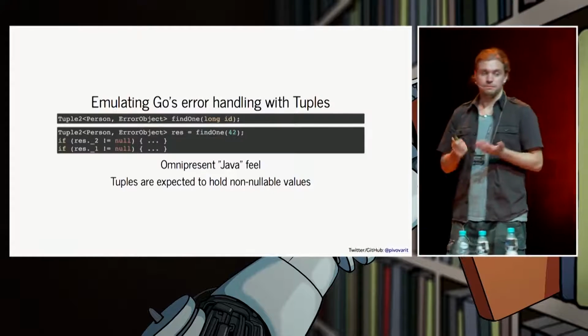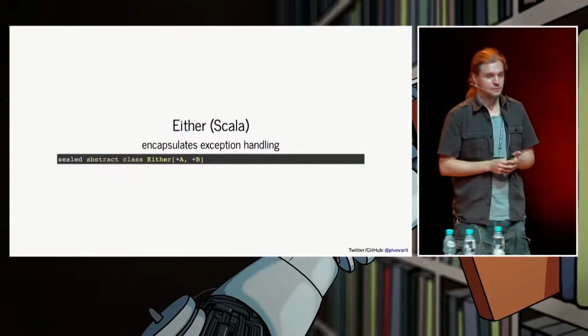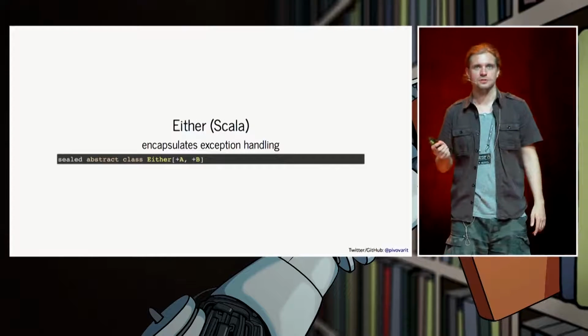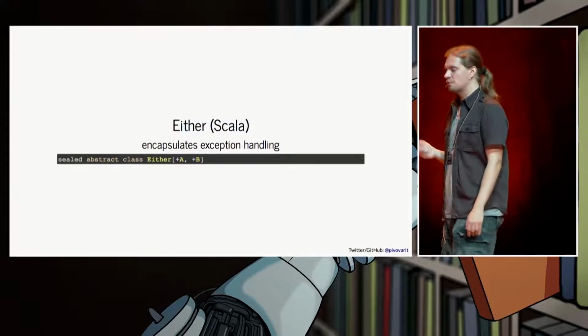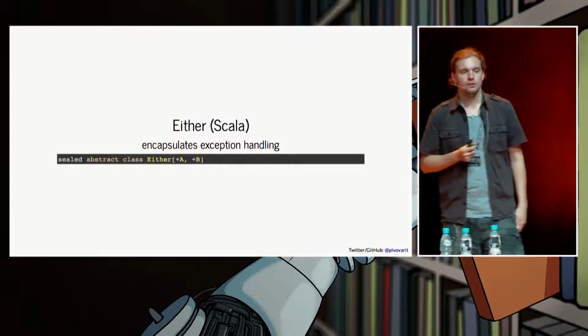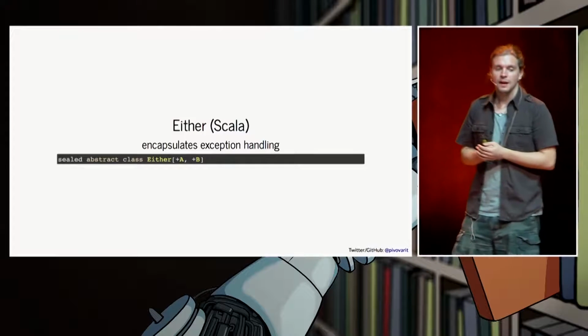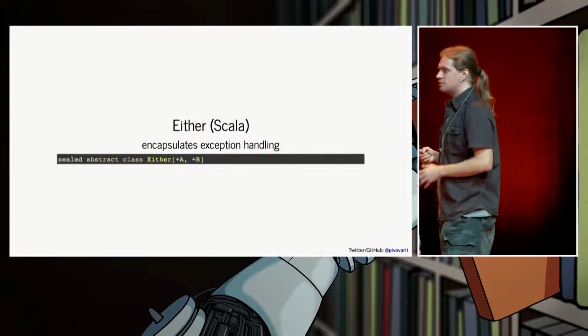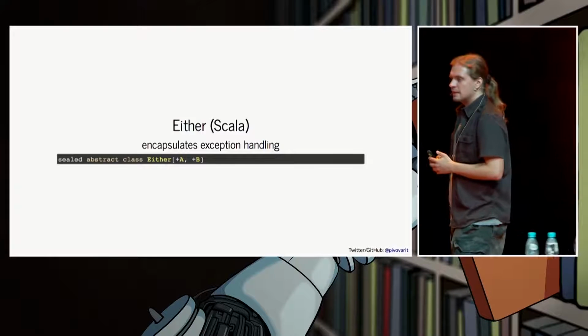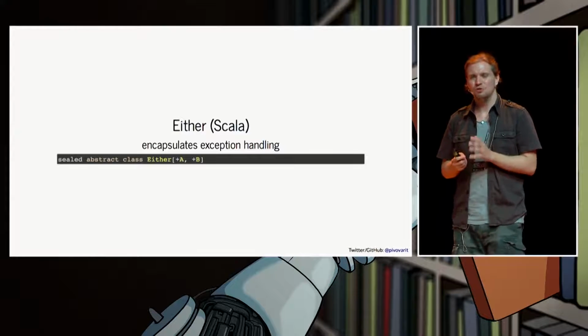So actually, let's try to do better. And it turns out that many functional languages have something designed for those use cases. Those would be eithers from Scala, for example. And this either is a very general purpose tool. It actually doesn't have anything to do with exceptions.